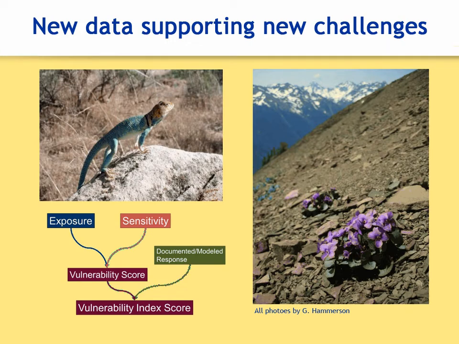For example, we are now evaluating the vulnerability of species to climate change via the Climate Change Vulnerability Index, developing predictive distribution maps for the most imperiled species, and using an ecological integrity assessment method for evaluating the effectiveness of conservation actions. We will not review these types of information during this training, but if you are interested in finding out more, please visit natureserve.org or email us at